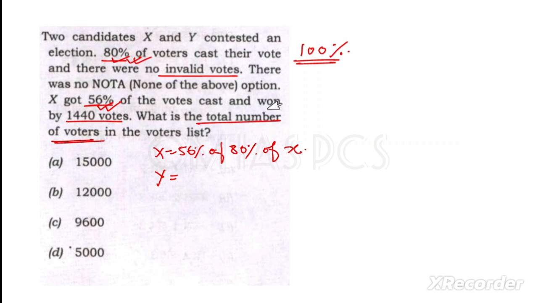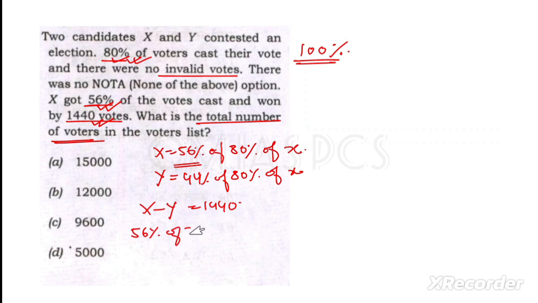So it will be 100 minus 56, that is 44% of what? 80% of x. Now there is a difference of votes of x and y, that is 1440. He won by 1440, that means this is the difference of x and y. So we can write this as 56% of 80% of x, and here is 44%